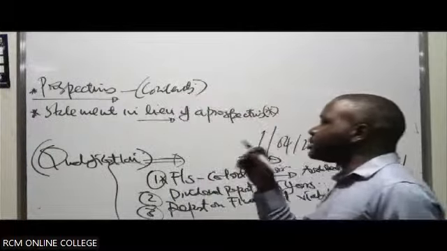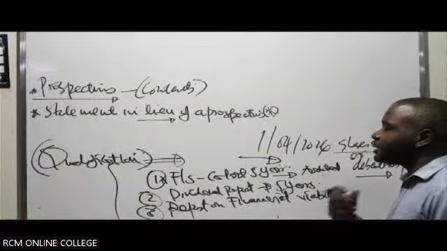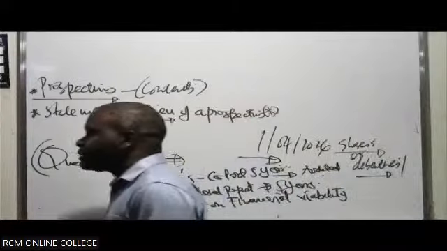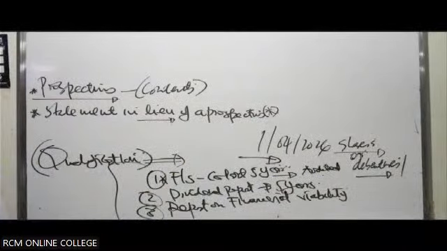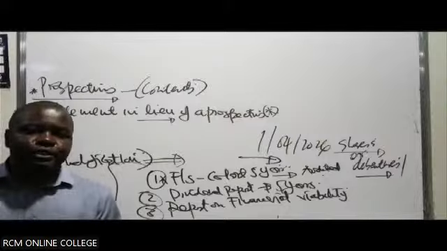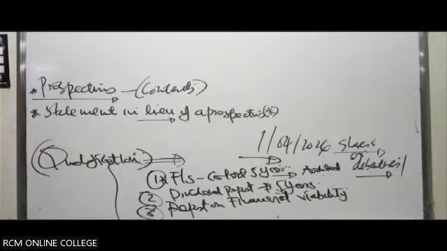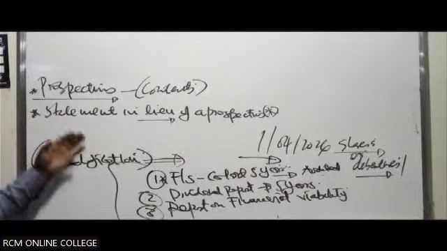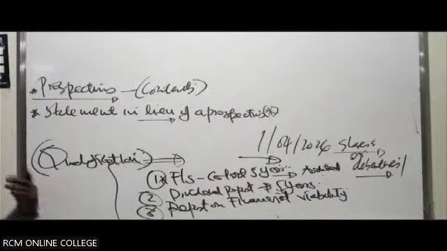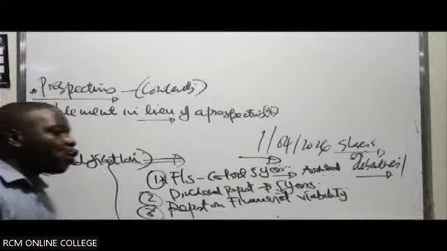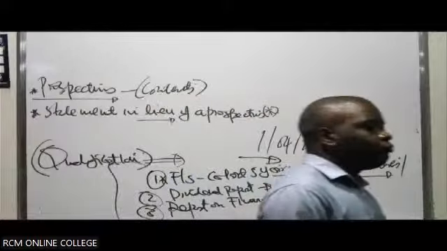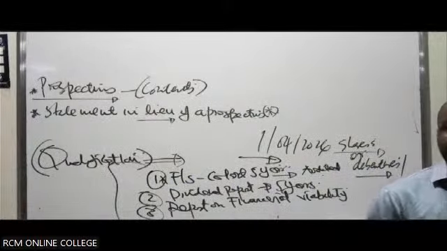So when you talk about a statement in lieu of a prospectus, it is a representation of a prospectus, only that the company doesn't issue it out publicly. It approaches key investors in the economy privately and convinces them, with the same contents as in a normal prospectus, to buy the shares of the company. We call it a statement in lieu of a prospectus.